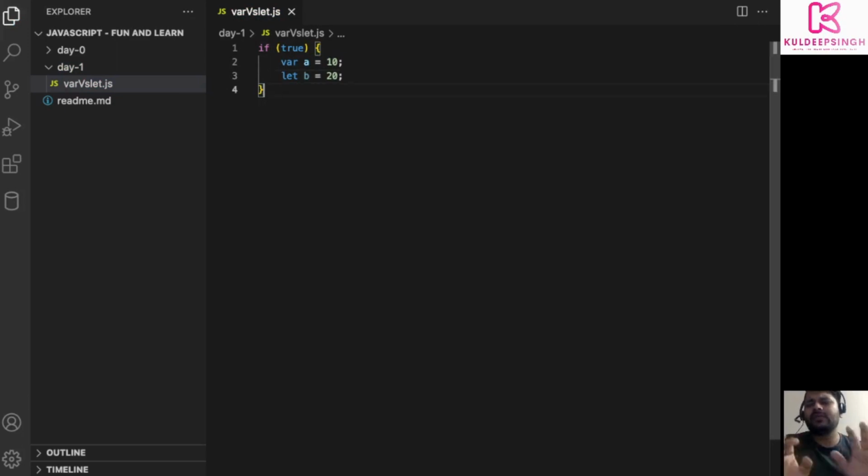Take just a 5 second pause. What do you think, friends? What exactly is the variable a going to print? Is it going to print 10? Is it actually true? And what will the variable b print? Is it going to print 20? Is it true? Think about it. Is it going to print these two things or not? What do you think? Well, if you have clarity about it, friends, you will understand a lot. If you don't have clarity,